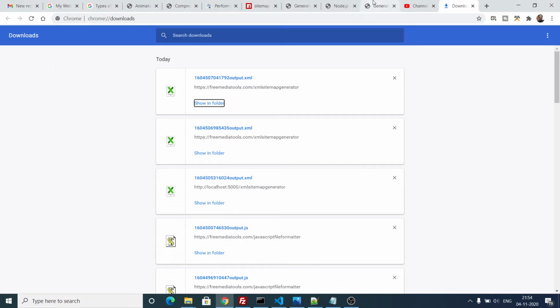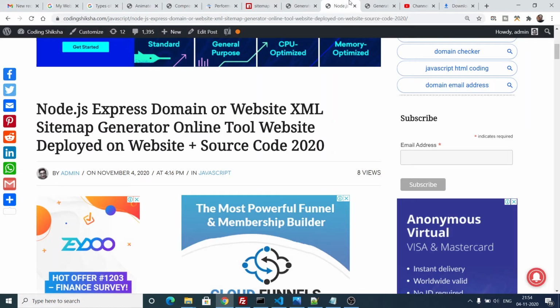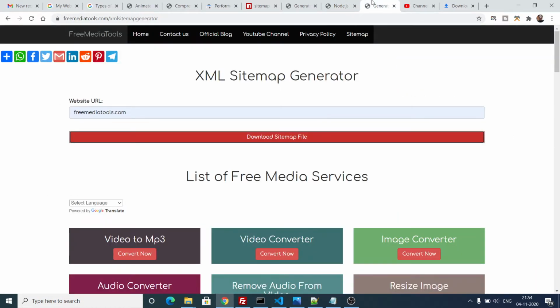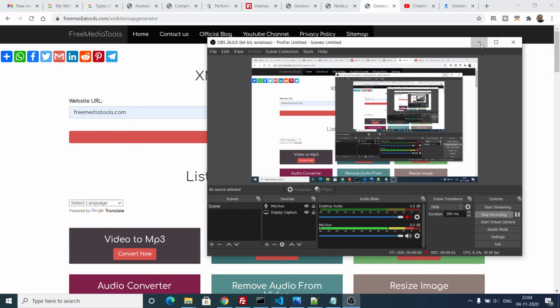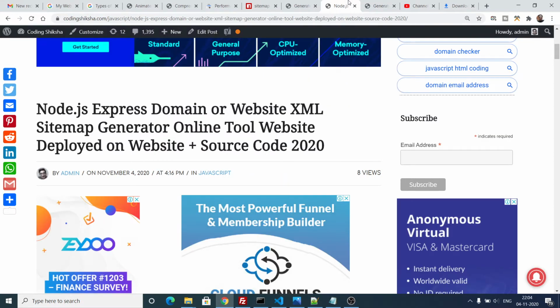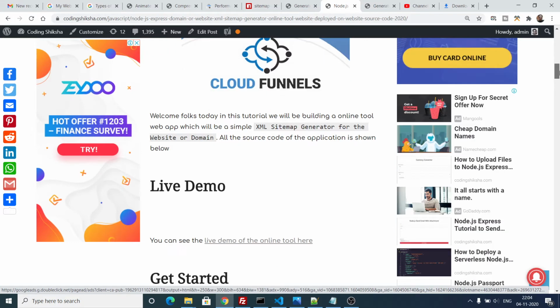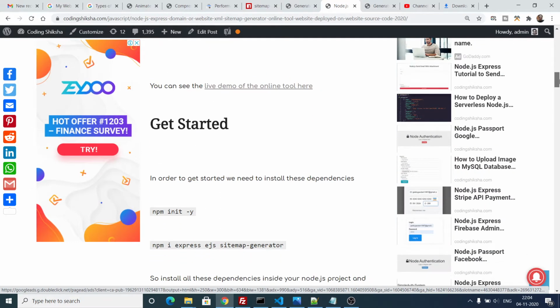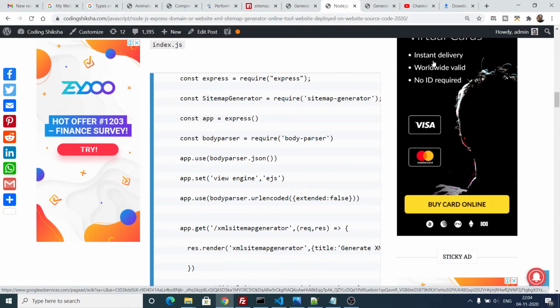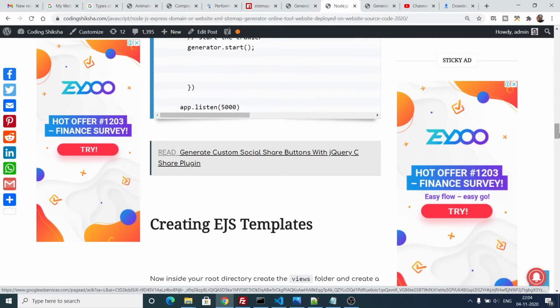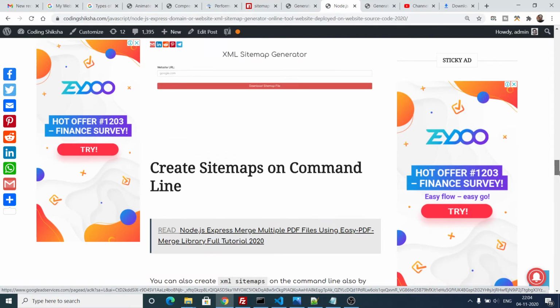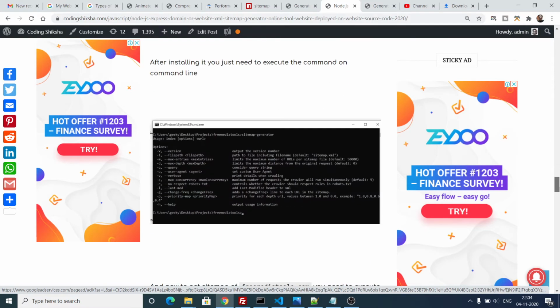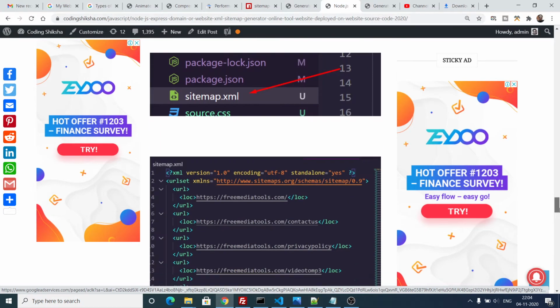And regarding the source code of this online tool, I have also given it in the video description. For the source code, guys, I have given my blog post link in the video description. Here you will find all the source code which I have used to make this online tool. If you go to my blog post, you will see all the source code. Simply click the copy button, and you can copy and paste all the source code. I will guide you with step by step instructions inside this video on how to make this tool.